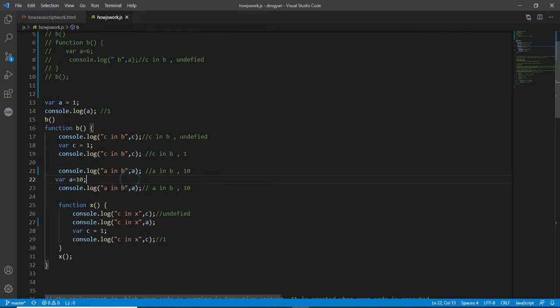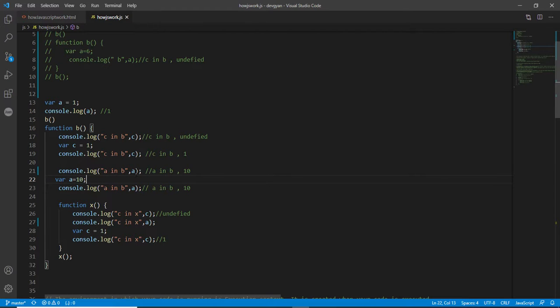If the variable is not present inside this function B, then it will go to its parent, otherwise it will not go to the parent. So first it will try to access the value of the variable from the local. If it does not find it in the local, then it will go to its parent.